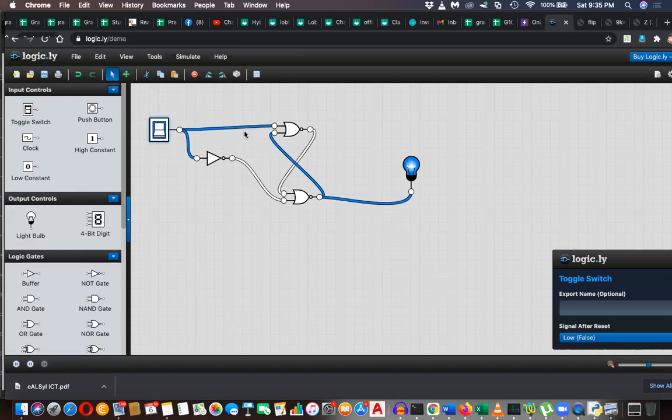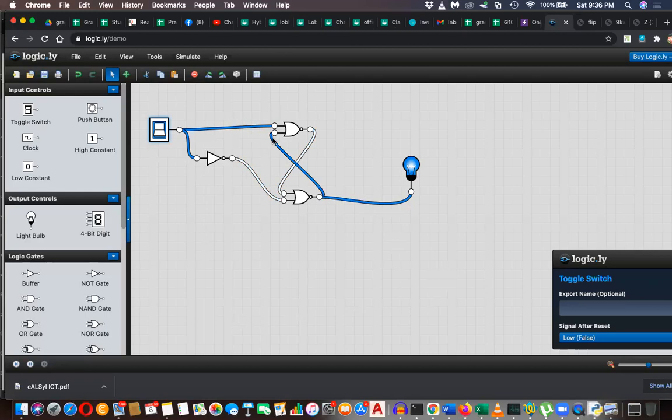When I press set the reset will automatically be 0, but when I turn this off, that will make reset 1, because there is a NOT gate. So there are two statuses: when set is on it is set, when set is off it is reset. This is called a D latch